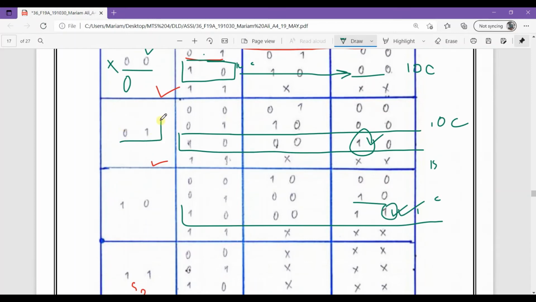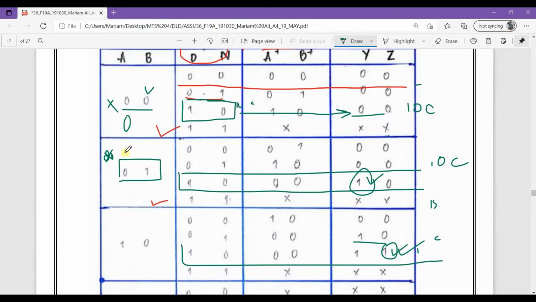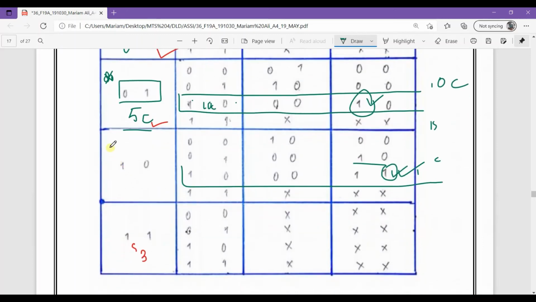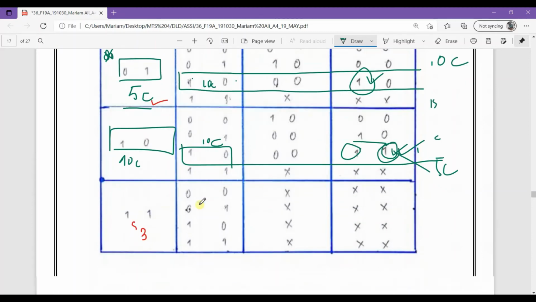In this, if we can see that x is not x, sorry, it is AB, or we can say the present state, that we have only 5 cents here. If we have 5 cents, then when 1 0 is provided, 10 cents more are added here, so this is 1 0. And further, it is 10 cents here already in the present state, so we are going to provide 10 cents more, and so it is a total of 20 cents, so it's going to return us 5 cents here. This is how this works.